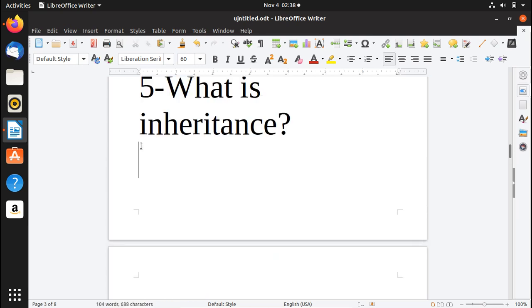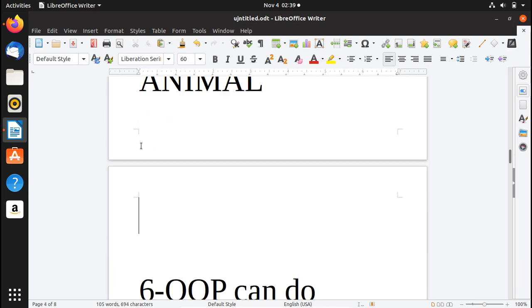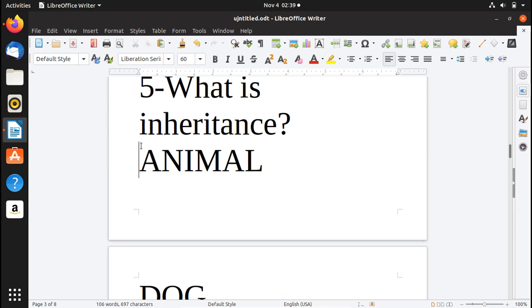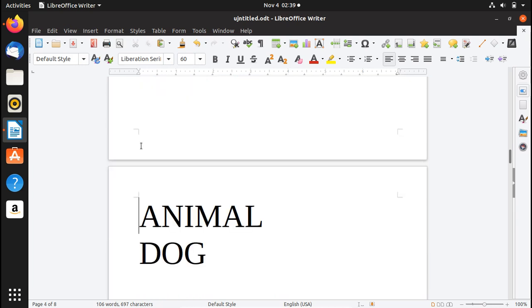Okay, so let me explain it another way. Let's say that this is a parent class. Animal is a parent class. If you talk about how a dog is an animal, the general traits of an animal are going to be the same, like 4 legs, teeth, ears, 2 eyes, things like that.